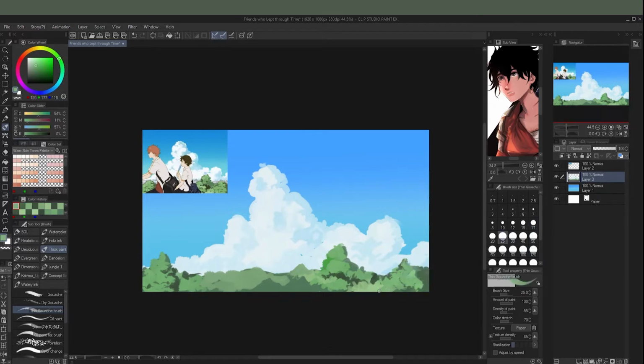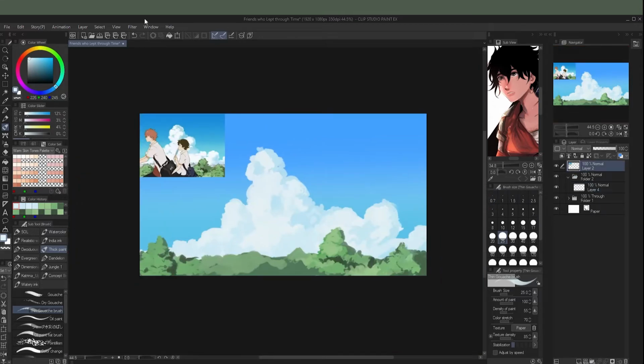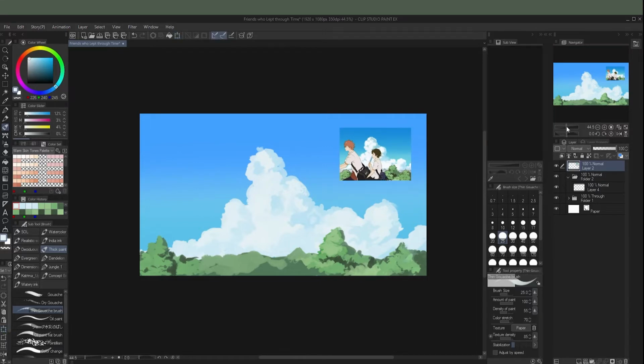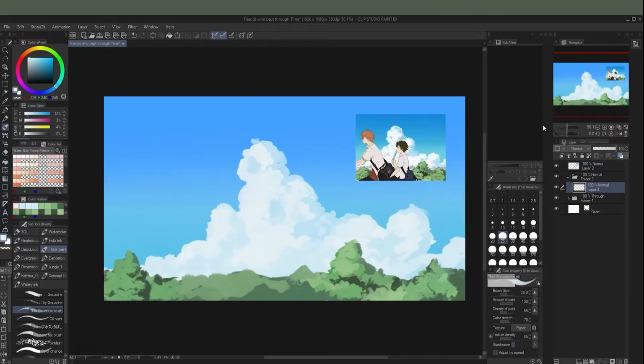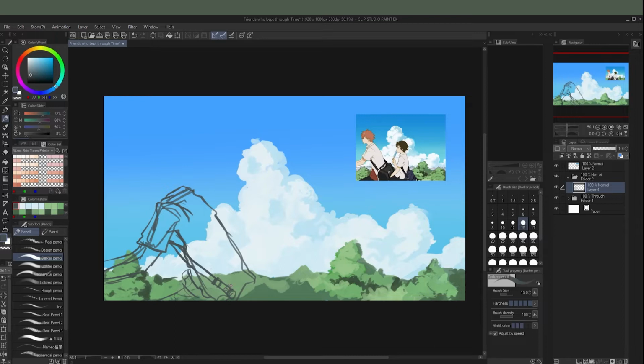I'm going to just walk you through what I'm doing right now. I started off this drawing by doing the background because it's fairly simple. I started off with the gradient for the background, and then the clouds and the landscape, kind of like the hilly bits, the leafy hilly bits. I did it with a thick paintbrush that is a default in Group Studio. And now, as the video goes, I am going to sketch the